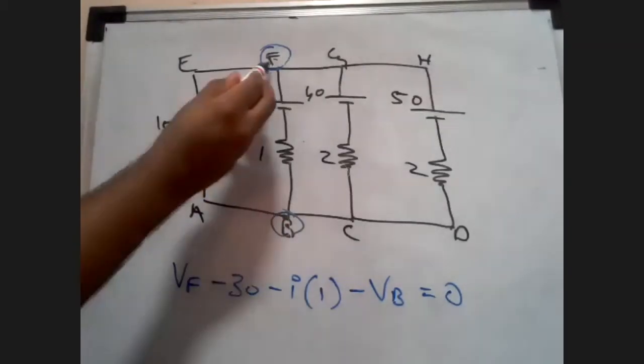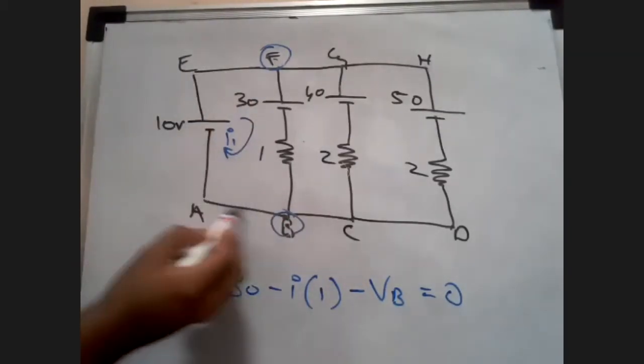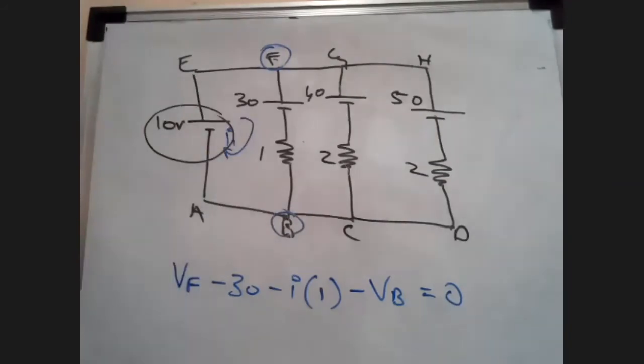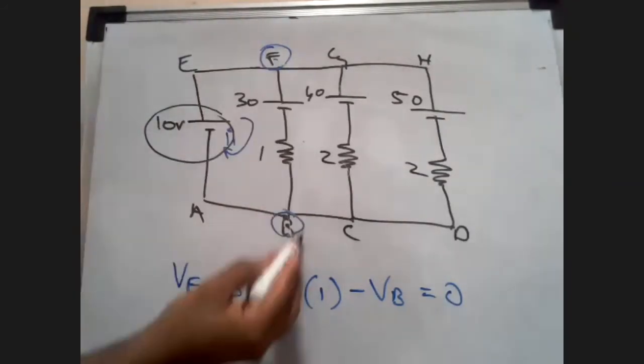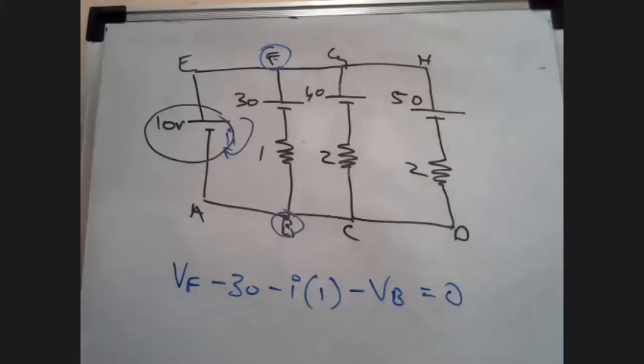Can you see there is no resistance in this branch? There is 10 and 40. What is the potential between VF and VB? Isn't it 10 volts? Yes or no? Can you see it? Yes, sir. So these tricks you have to know. How will you all learn these tricks? By practicing. So I can substitute VF minus VB as 10 volts.